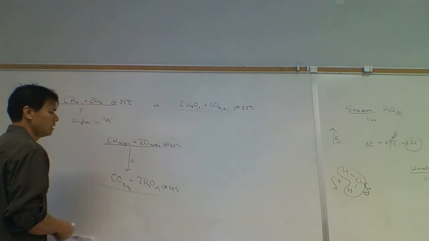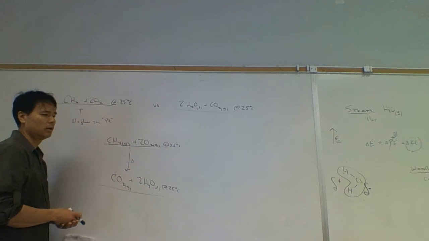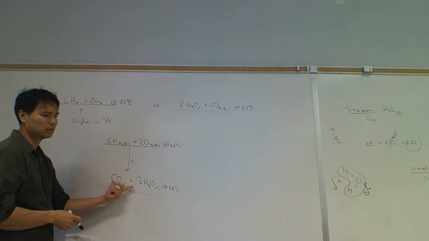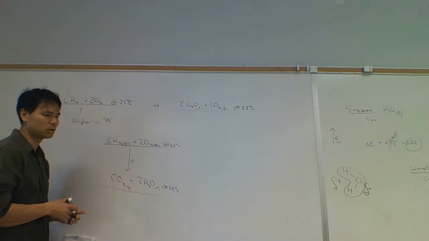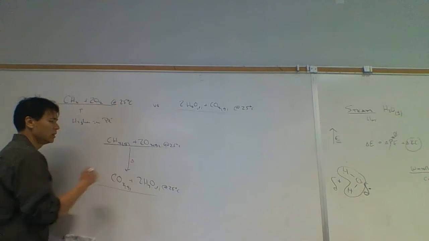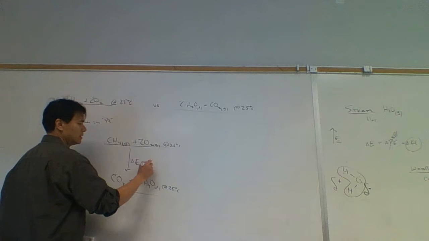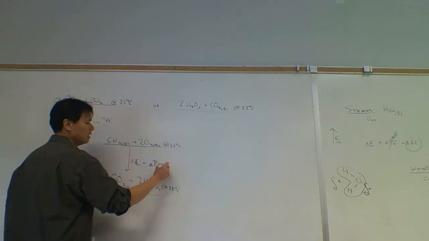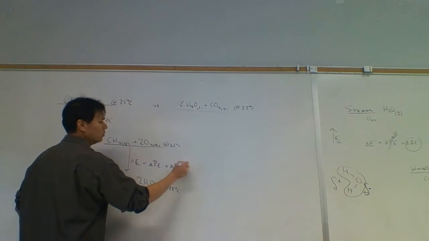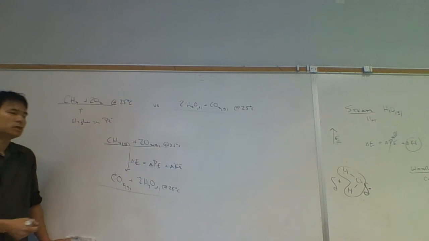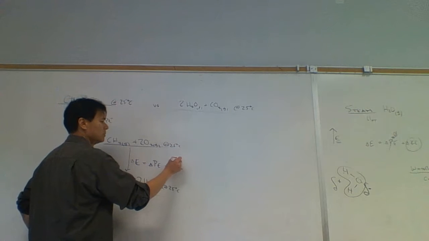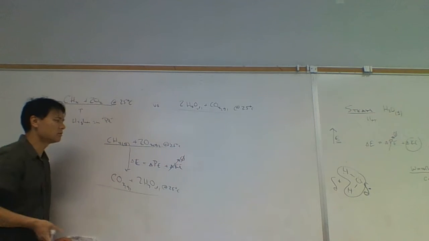CO2 is also very hot. So wait for that. This is product or reactant here, CO2 and water. We wait for the product mixture to cool back down to room temperature and then figure out how much total energy was released. So delta E is equal to the change in potential energy plus the change in kinetic energy. Was there any change in kinetic energy here? There was no change in kinetic energy. So this is what we call zero here. All the changes in potential energy.